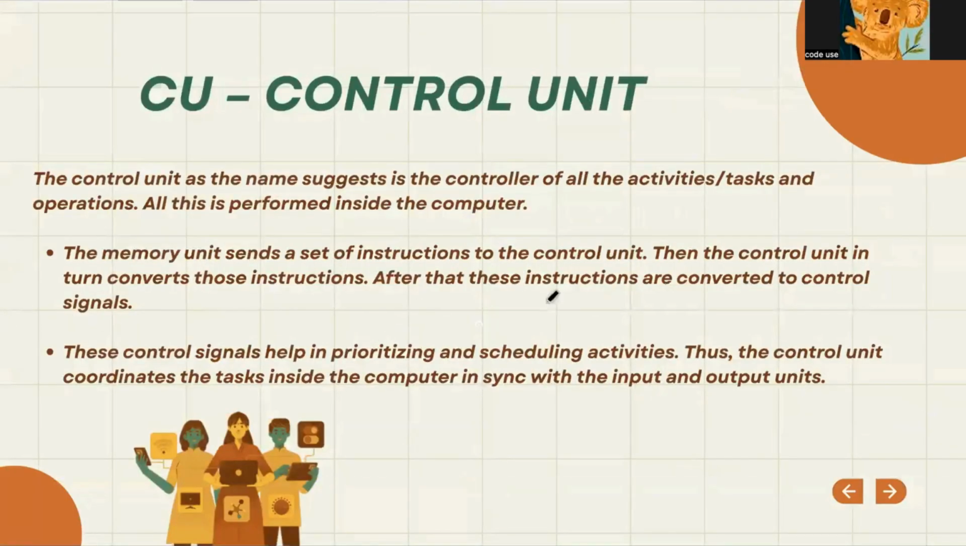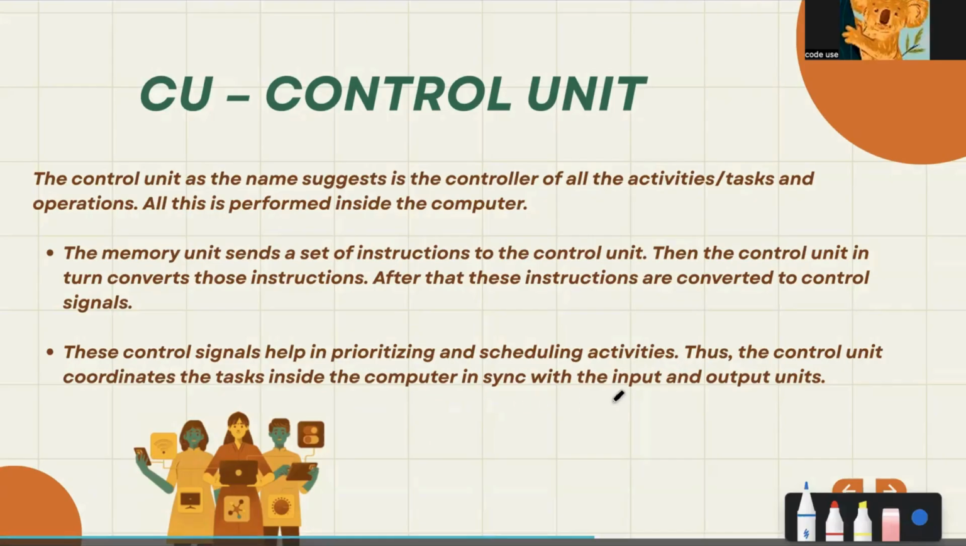Okay, so after the instruction is converted to the control signals, these control signals help in prioritizing and scheduling the activity. So if you have opened two or more pages in your computer, the page you're working on gets done faster. If you are keeping other applications minimized, it just stops there. But what the control unit will do is prioritize what you're working on. So that is what the control unit is, and it coordinates the tasks inside the computer in sync with the input and